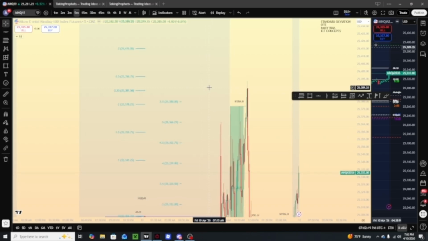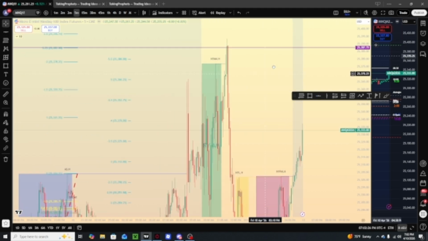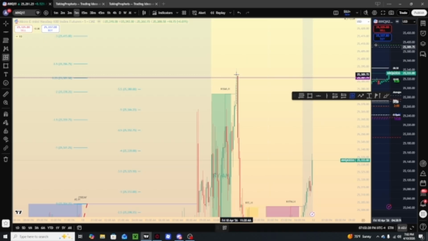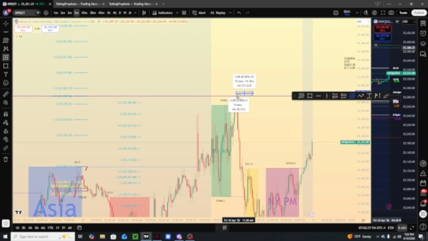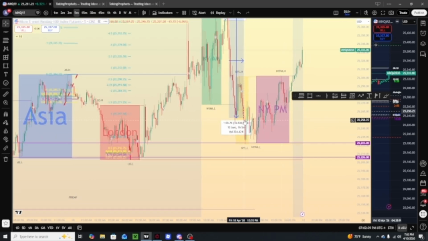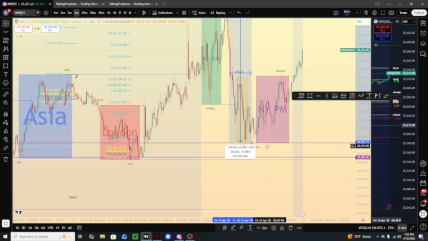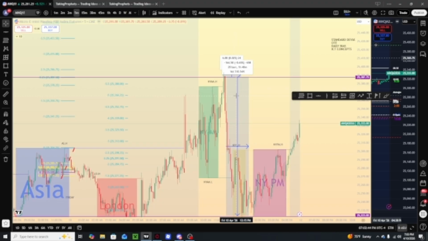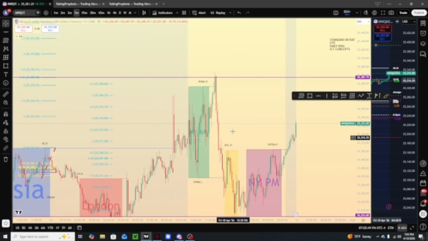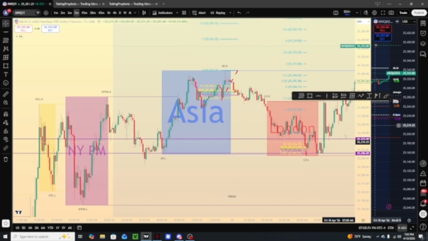And what do we do? The negative 2.5 lines up here. And what could you have caught? 5-point stop loss. 10 points. You would have caught 164 points. So this is like a 1 to 20 RR. Okay, so and also